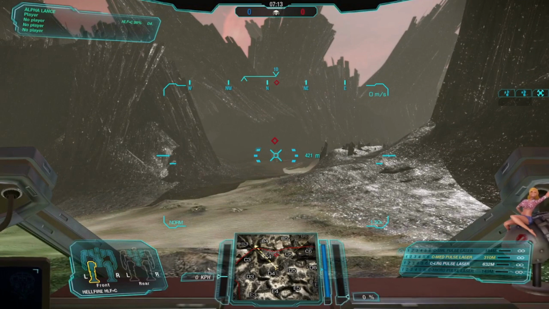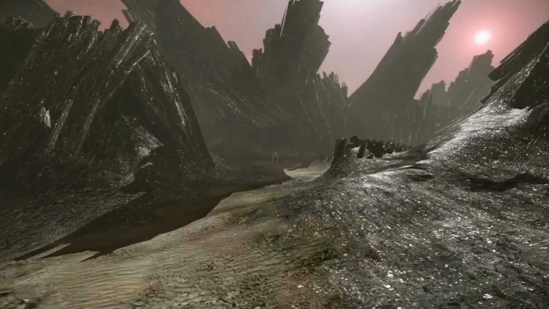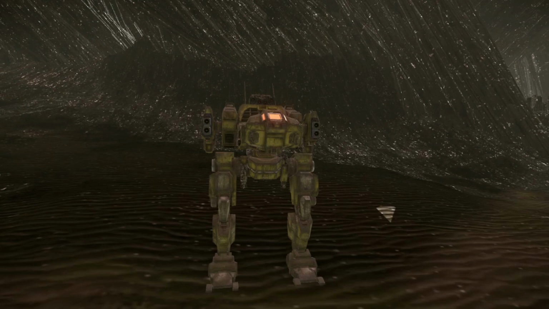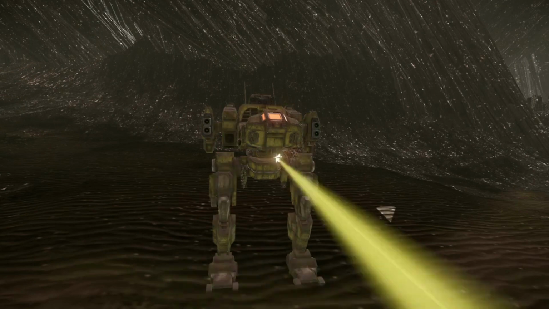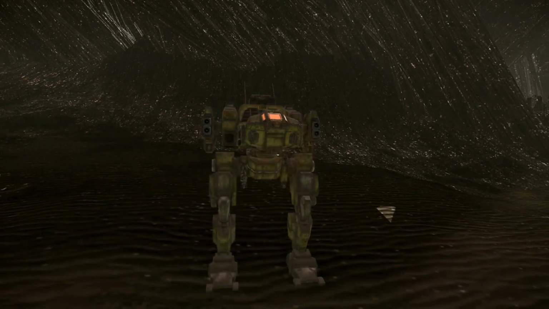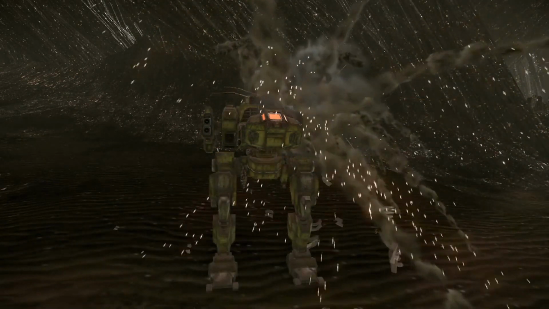So we go to the medium pulse laser, and now the medium pulse laser is making target, and you can see it's in yellow, and when you look at the bottom right, it is doing damage, but at the mech it's doing very little. And if you fired all of them at once, you can really see